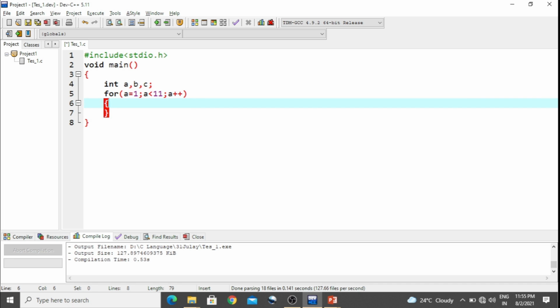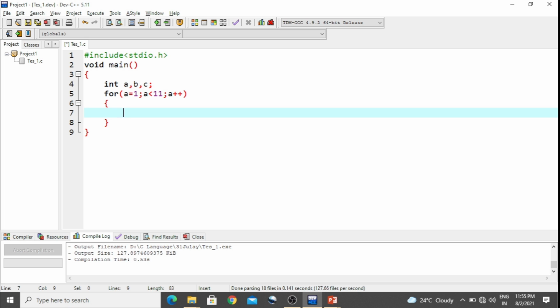In that we have a nesting of for loops. We need another for loop that will print the blank spaces. We'll say B equal to 1, B less than... we have to print a single star in the first line, so we need to print spaces almost everywhere, only a star's place should remain.